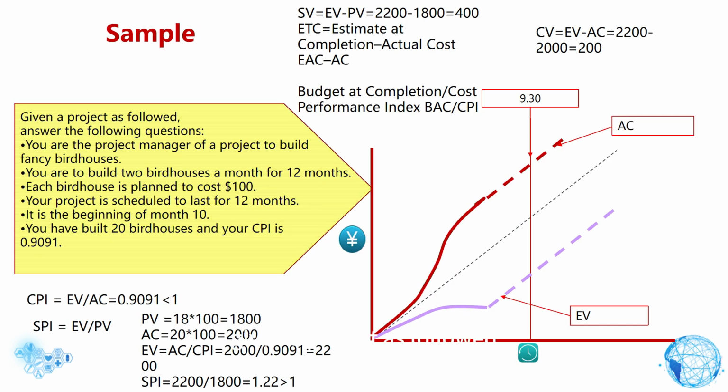Given a project as follows. Answer the following questions. You are the project manager of a project to build fancy birdhouses. You are to build 2 birdhouses a month for 12 months. Each birdhouse is planned to cost $100. Your project is scheduled to last for 12 months. It is the beginning of month 10. You have built 20 birdhouses, and your CPI is